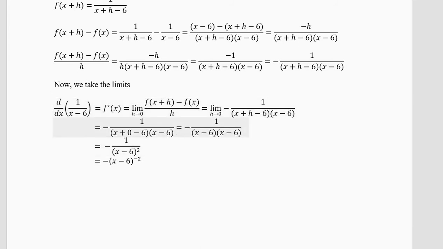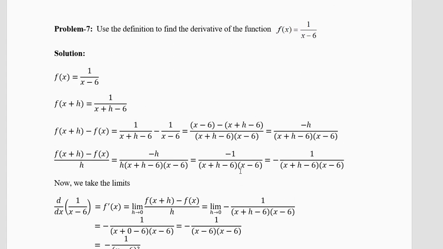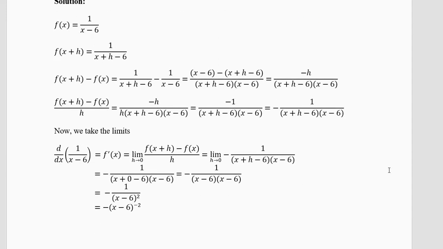this bracket x minus 6 two times. If a thing repeats, you put it as power 2 if it repeats 2 times. If it repeats 3 times, we put power 3. Now this power 2 can be taken up and written as minus 2. And this minus is outside, so it has to be followed up from one step to the other. See, there are different types of questions we have done. There are 7 types of questions we have done till now.